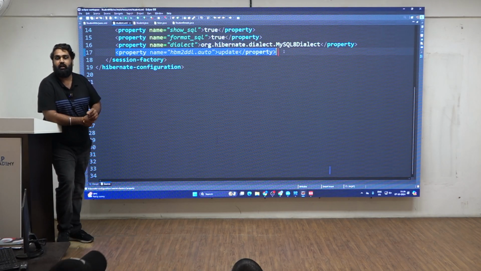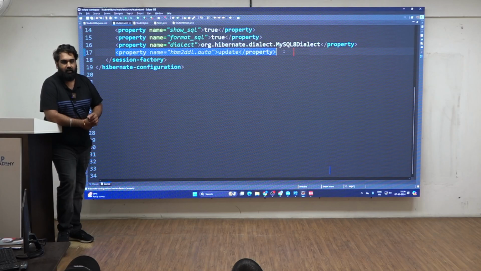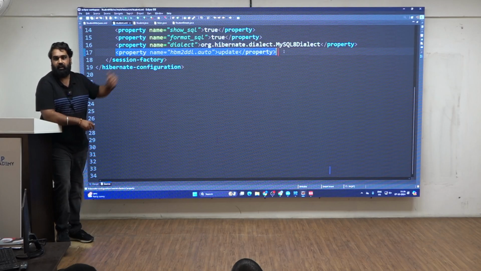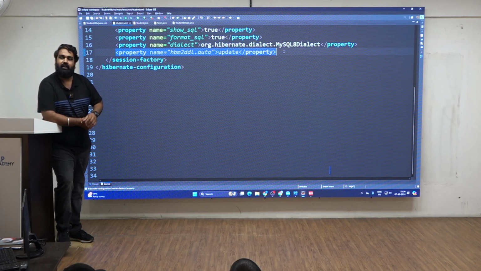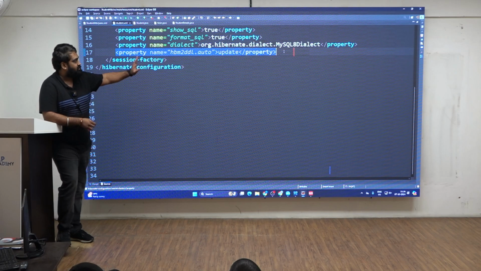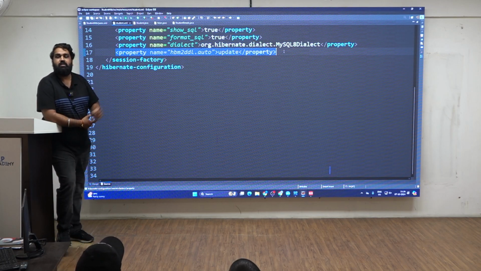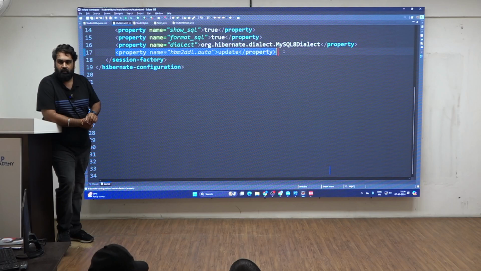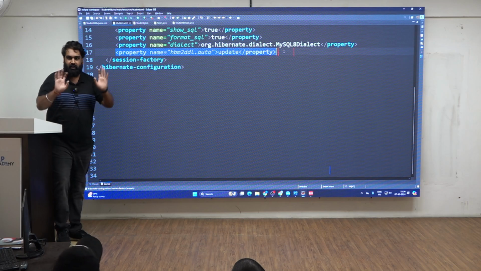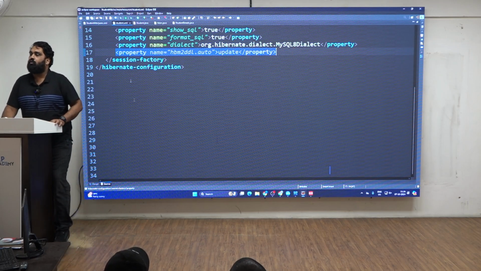You need not write, or you need not go and create a table. Just because I have told hbm2ddl auto as update, it is only going to generate the table also. Not just your student detail table it will generate, it will also generate student_detail_SEQ table. Why? It needs to keep track of the SDID sequence. Hello? So you can see I will not be creating any table, rather I will go to my program